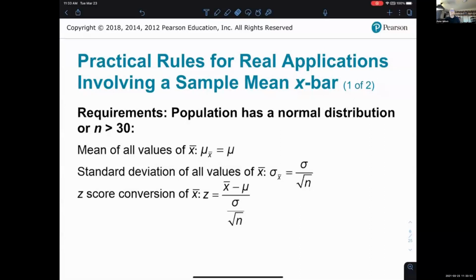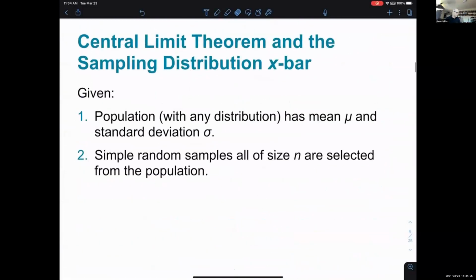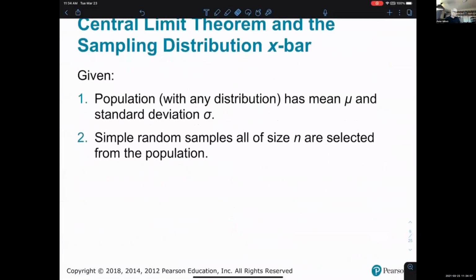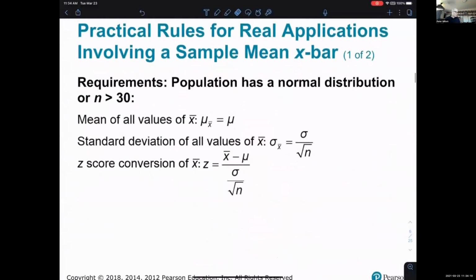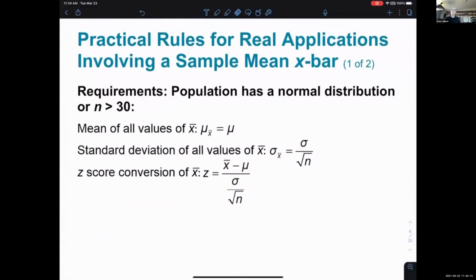So here are the requirements. To use the central limit theorem, you need to meet one of these two requirements. The population actually has a normal distribution itself. So that wasn't one of our givens, only that you have mu and sigma and size n. But if you then add that the original population has a normal distribution for the parameter, or that the sampling size that you're taking is greater than 30. If either one of those conditions or both are met, then the mean of all the values of X bar,